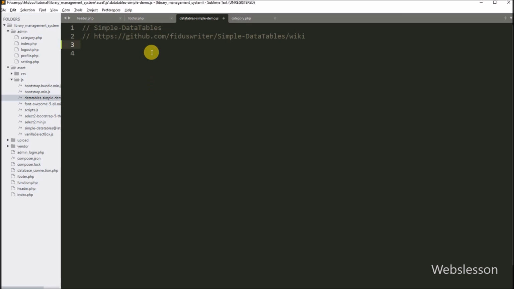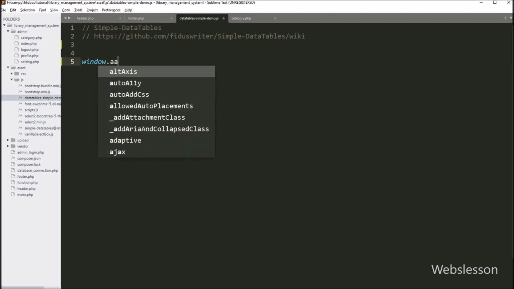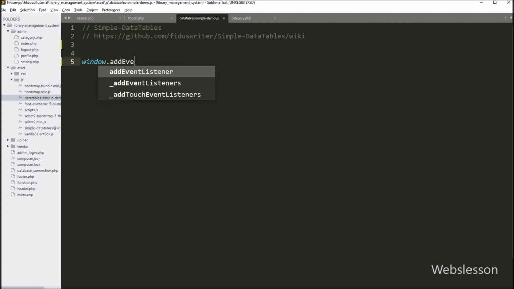So for this, here we have written the window.addEventListener method with 2 arguments. In the first argument we have written DOMContentLoaded, and in the second argument we have written event, so when the page has been loaded, this block of code will execute.